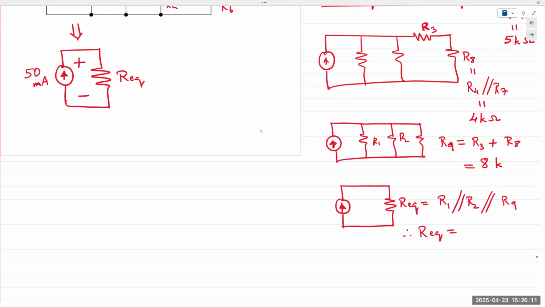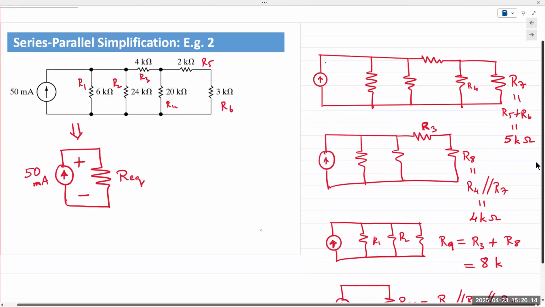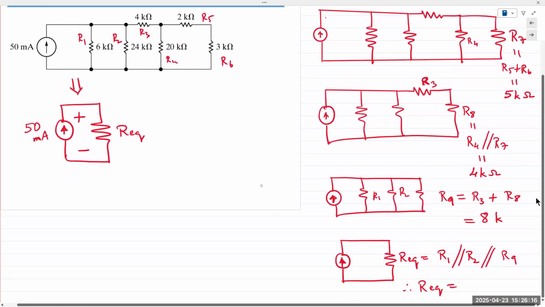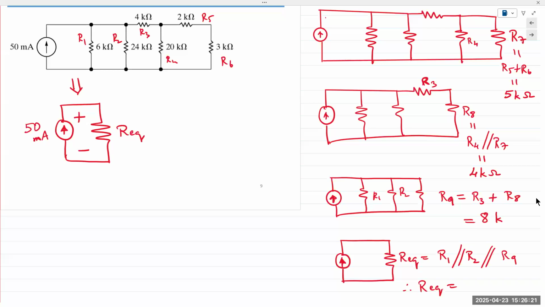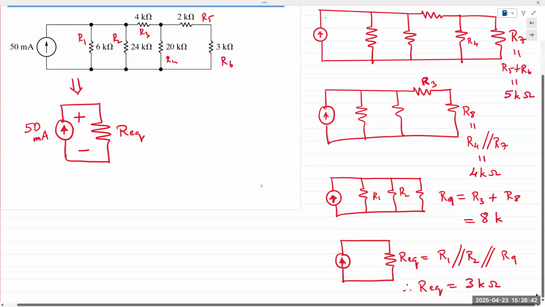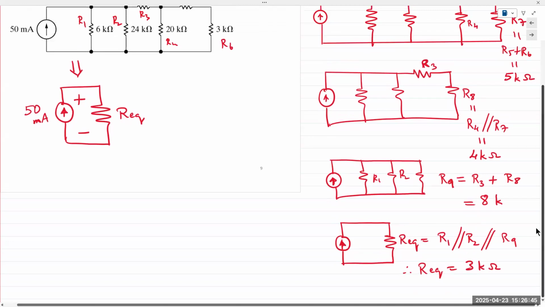All right. So 6, 24, and 8. What do we have? Three, three, three, once, twice, and thrice. Oh, 3K. REQ is 3 kilo ohms. So if REQ is 3 kilo ohms, now